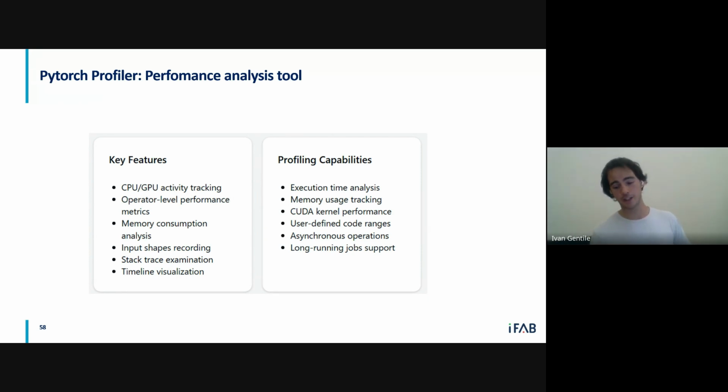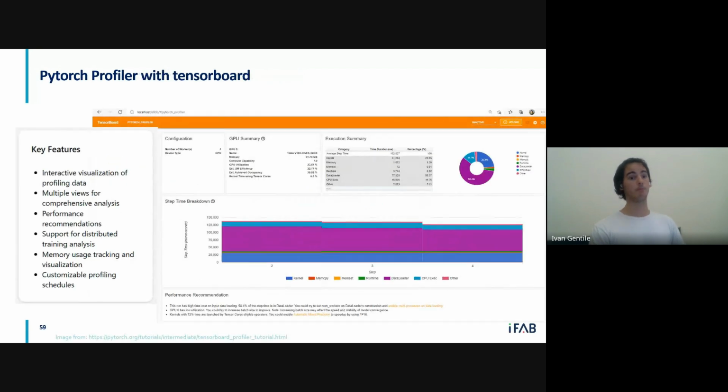If we need to actually check how to go from there to an even better model, then we need a tool to put a magnifying glass on where to go. And this is what the PyTorch profiler provides. What is very cool also is that it can be linked to TensorBoard. This opens an interesting side note: the Google team itself helped bridge the gap between TensorBoard and PyTorch profiler.